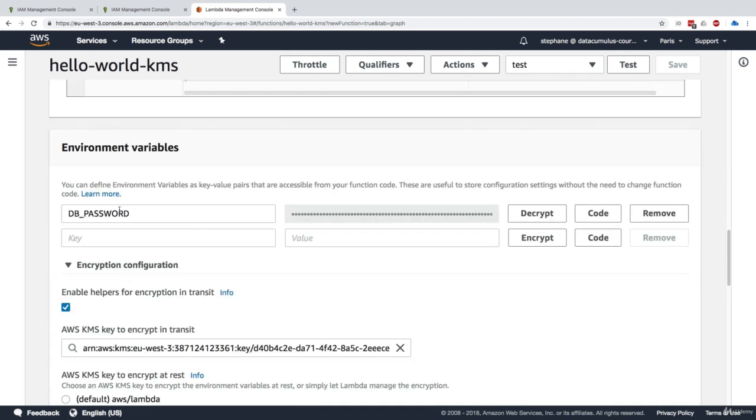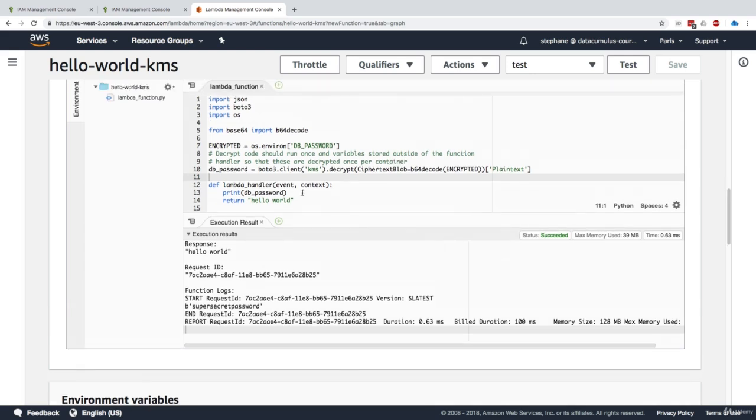the password itself was encrypted as an environment variable. Obviously, you could use a CLI to do that encryption, but what I wanted to show you is that using the Lambda UI, you can also do this pretty easily. And so you can have as many encrypted secrets in here, and our Lambda function retrieves them at runtime, decrypts them, and then prints them to the console. So here we could establish a connection to a database, for example.